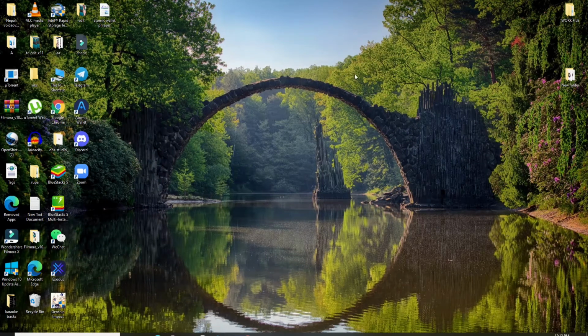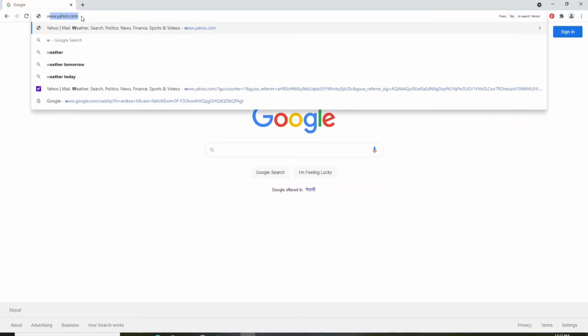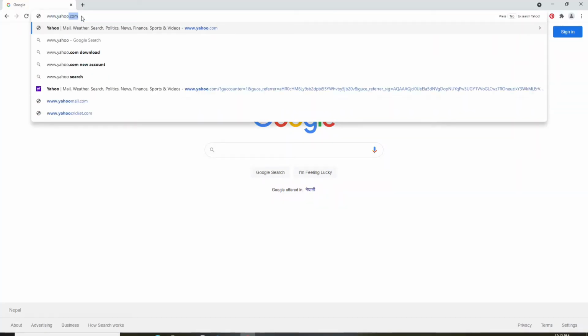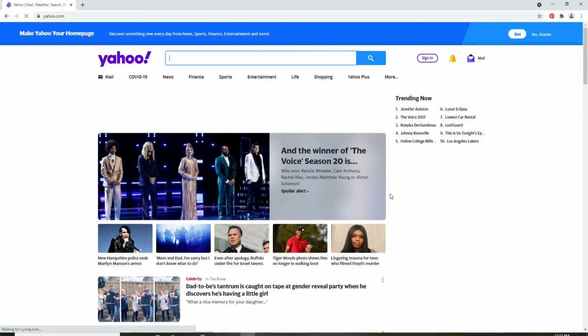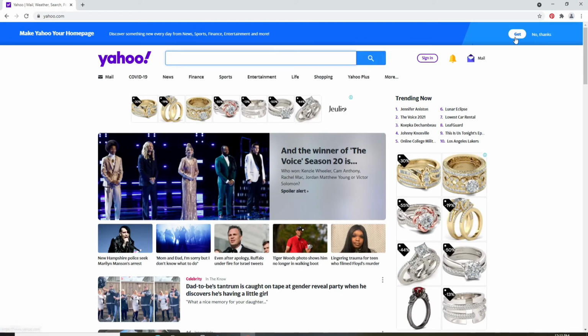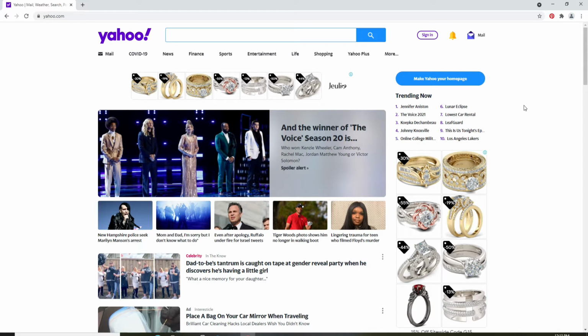Now let's begin. Start by clicking open any web browser you like. Go to the URL box and type in www.yahoo.com and search. Now you'll end up in the official website of Yahoo. In order to reset your password, you'll need to go and click on the sign in button at the upper